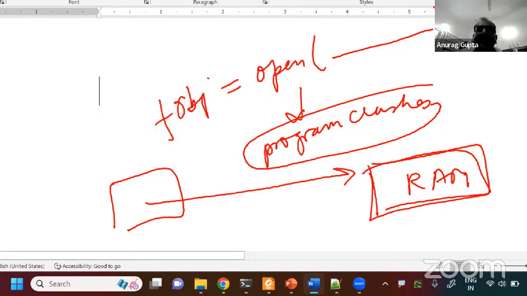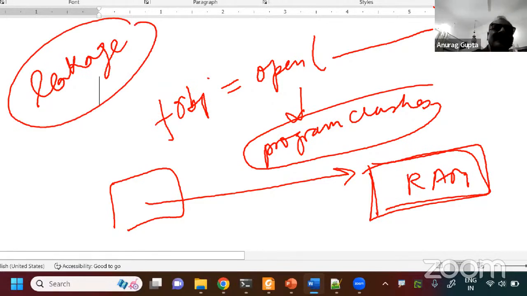And you see, as I told you, opening files is a very sensitive step, because it often leads to problems. The file name may not exist. There may be a wrong path name. File permissions may not be there. Maybe the hard disk cannot be accessed, or the hard disk is corrupted. Memory is overloaded, overflowing, there's a shortage of memory. There can be so many things. So should that happen, I need to write my program in such a way that, God forbid, if the program crashes, the memory should not leak. This is called memory leakage. Memory leakage should not happen. And that can only happen if, even if the garbage collector doesn't function, I am able to reclaim that memory.